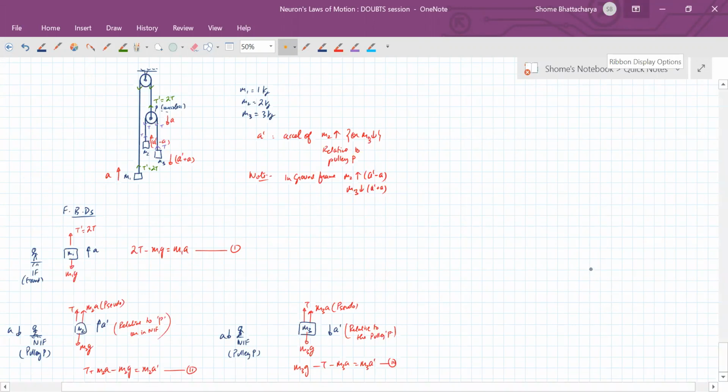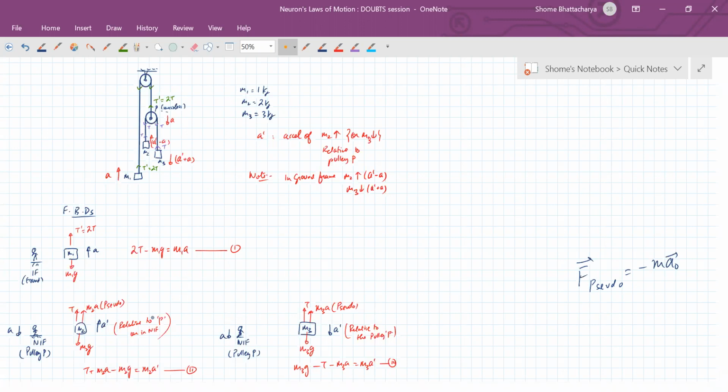अरे pseudo force क्या होता है बेटा? शिखर, सी pseudo force is minus of mass of the body into acceleration of the frame. तो यहाँ पे acceleration of the frame क्या है? It is A downwards. So pseudo force should be in which direction? Opposite to it. It should be upwards. Understood now? So both the bodies M2 and M3, if you're looking at them in the pulley's frame, the pulley is coming down with A, so they will experience pseudo force opposite to A, na, upwards.